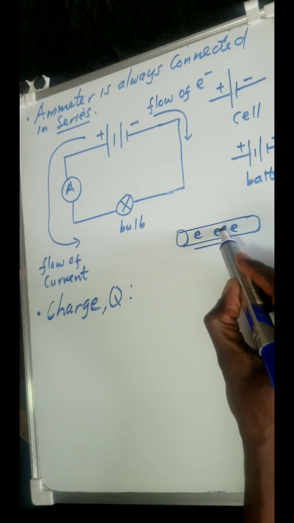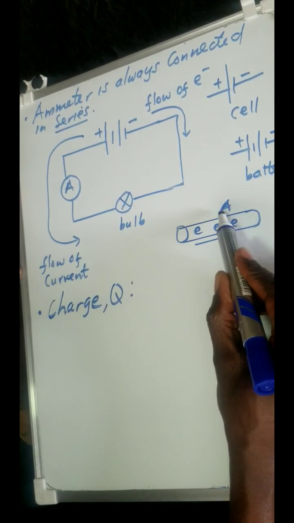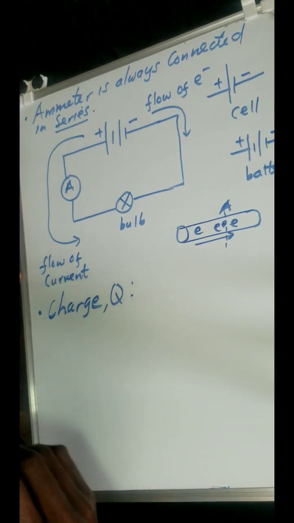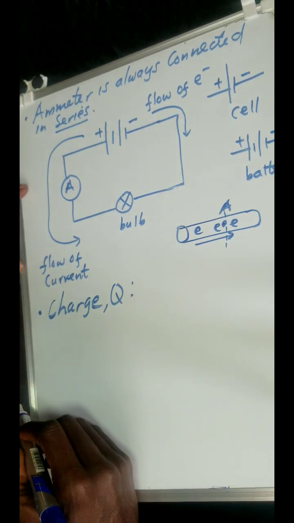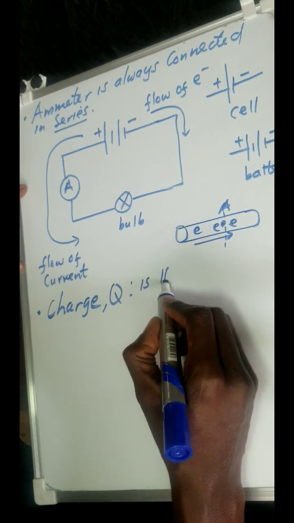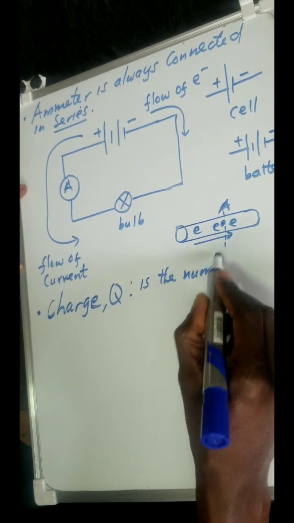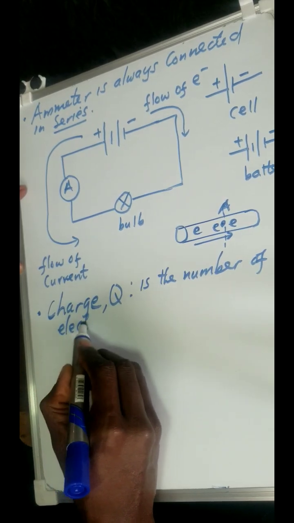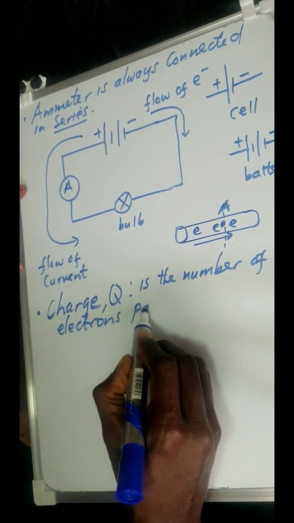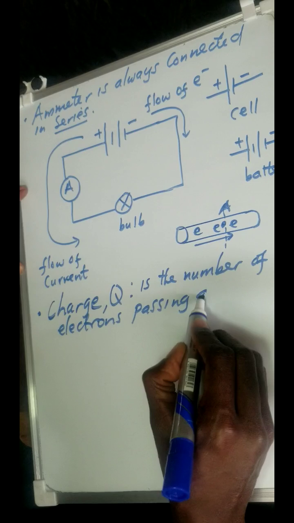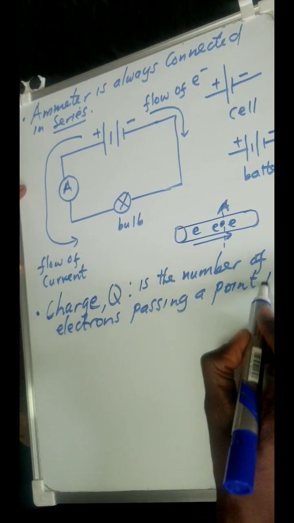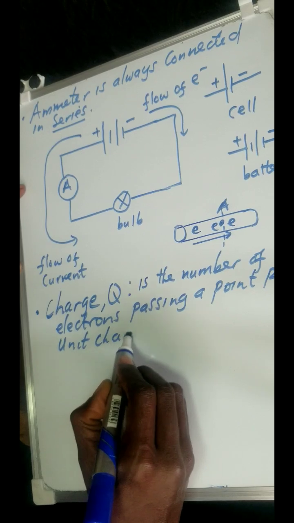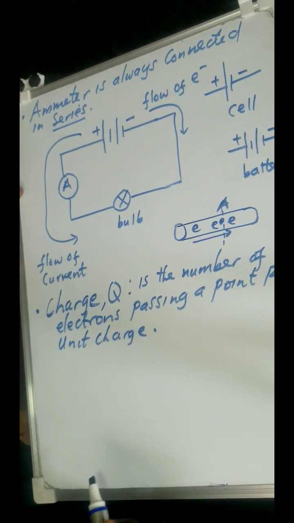Let's say I've got a point here I'm calling A. How many electrons are passing this point in a unit time? That is what we call charge. So charge is the number of electrons passing a point per unit